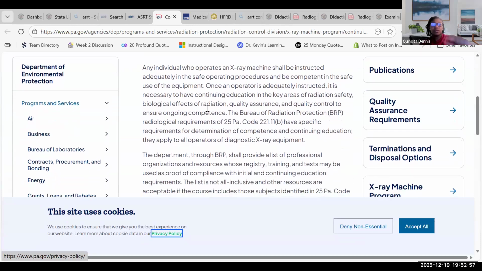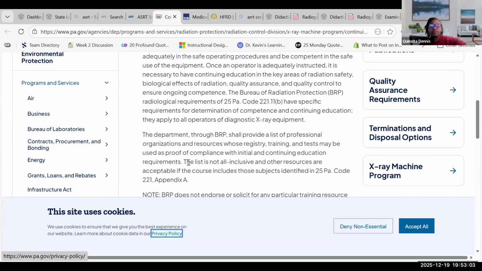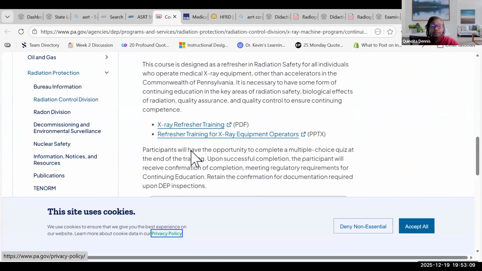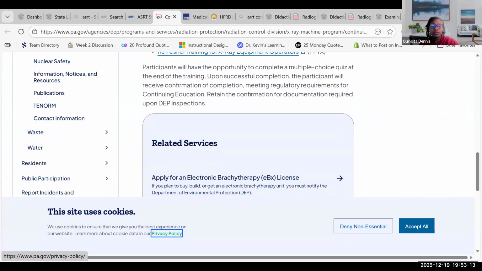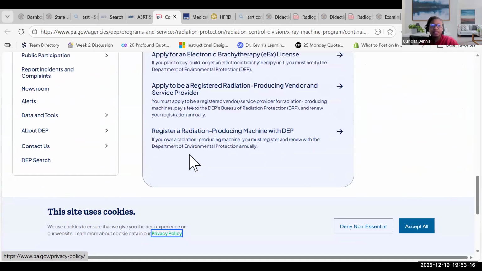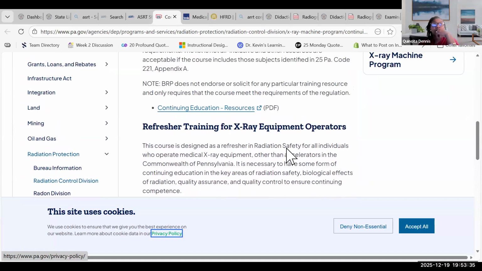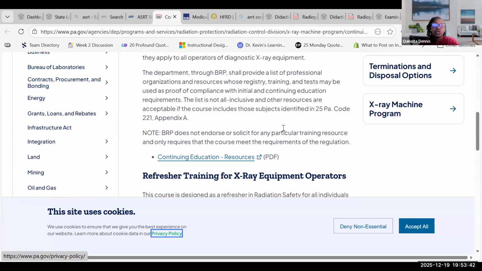Let's see. Any individual who operates X-ray machines shall be instructed adequately. The department, blah, blah, blah. Refresher training. So it looks like the only thing that they may do here is, again, in some of the states that don't have a licensure requirement. So even though Georgia does not have a licensing requirement, it does require that we are well versed in radiation protection. So that is a certificate that you must show your